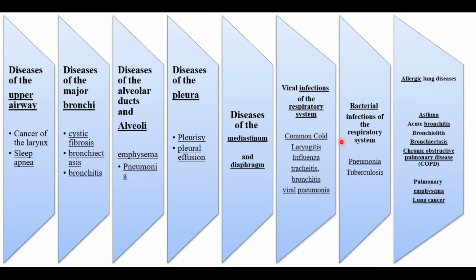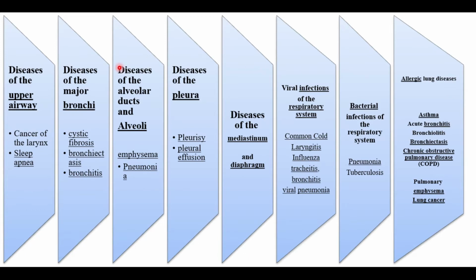The respiratory disorders are linked to the respiratory organs. Here is the list of disorders or malfunctioning depending upon the respiratory organs, such as diseases related to the upper airways, diseases related to the bronchi, malfunctioning of the alveoli and the alveolar ducts. Similarly, disorders of the pleura, disorders of the mediastinum and diaphragm, some viral infections of the respiratory system, similarly bacterial infections of the respiratory system,